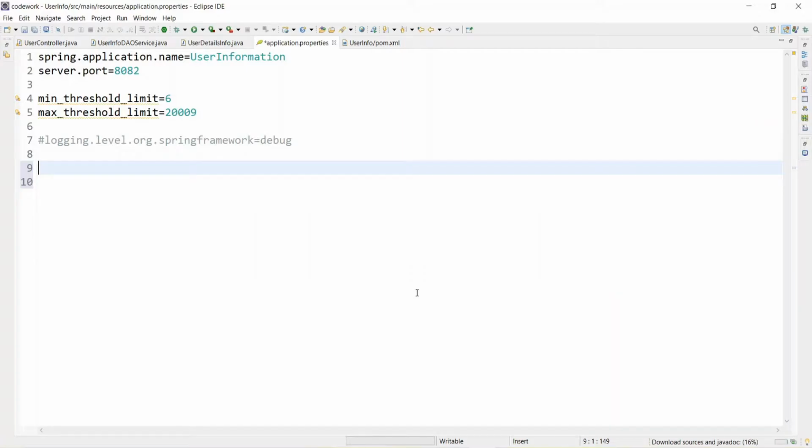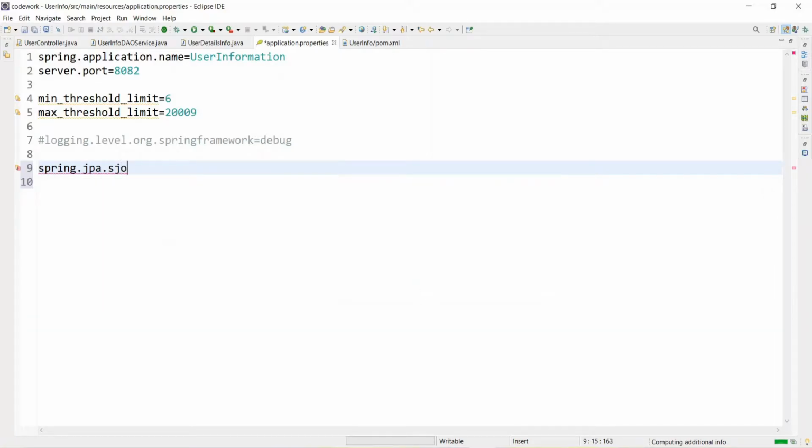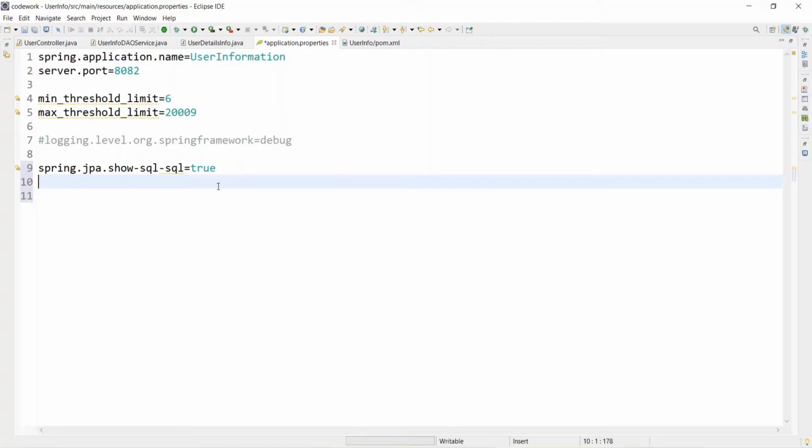Yeah, it's completed. So now let's configure spring.jpa.show-sql equal to true. What it will do is, whatever query gets executed, it will show on the console.